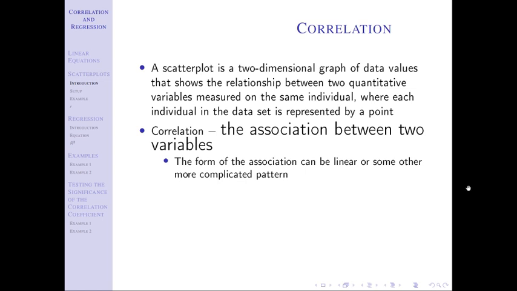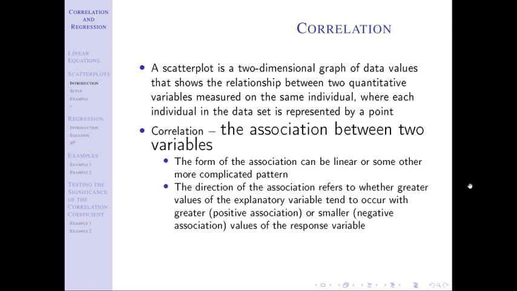Second thing that we're thinking about is the direction of the association, and that is positive or negative. It basically just means if you look at the picture and you read it from left to right, are the points going up or down? Positive association means as you go left to right, as the x values get bigger, then the y values get bigger. So that's a positive association because as one thing happens to the x values, the same thing happens to the y values. A negative association is going to be when you look at the picture left to right and the points fall, they get smaller. It's a negative association because as the x values get bigger, the y values then get smaller. The opposite thing happens to them.